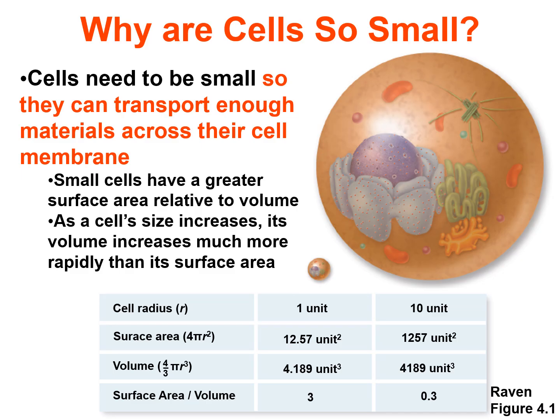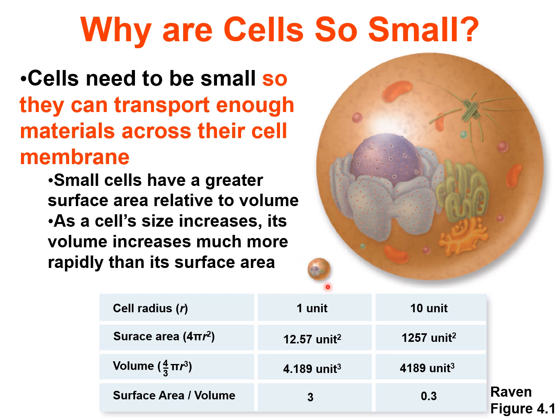Okay, another thing that would be important to know is why cells are so small. So cells we have to take a look at underneath a microscope, and we just don't see gigantic cells. And the reason that cells are so small is that they need to be small so that they can transport enough materials across their cell membrane. So they need to be able to get the nutrients in and the waste products out to keep the cell